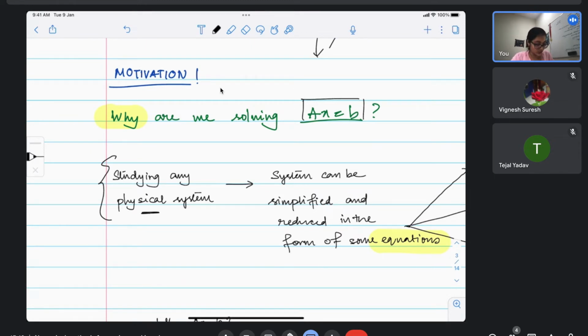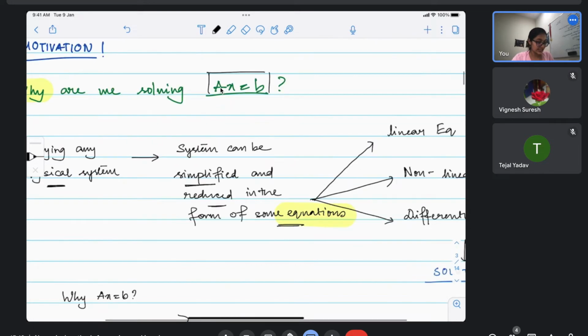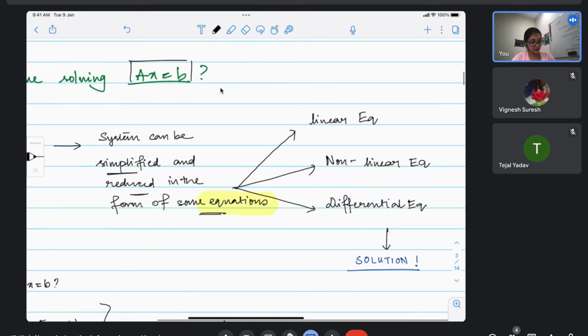But what we can do is simplify these systems and reduce them to some equations. Okay, and what equations are these? These can either be written in the form of linear equations that we have been studying so far, or in the form of nonlinear equations, or even differential equations, or there are several other types of equations. Okay, so after we write the equations, we try and find a